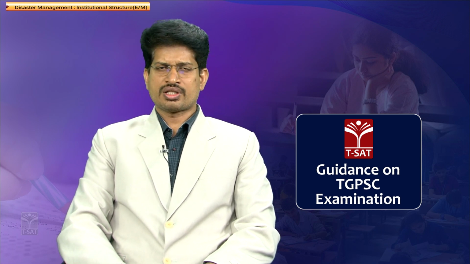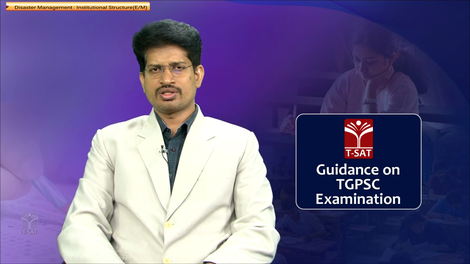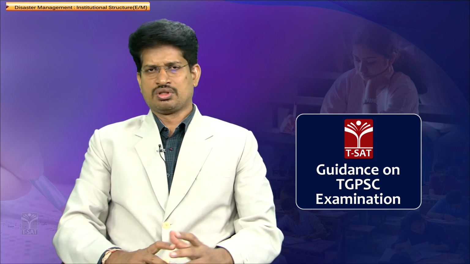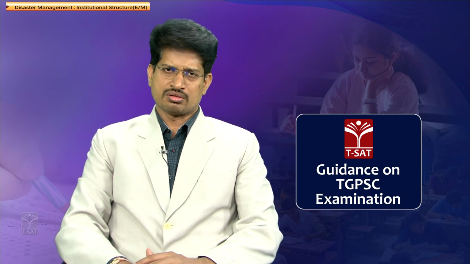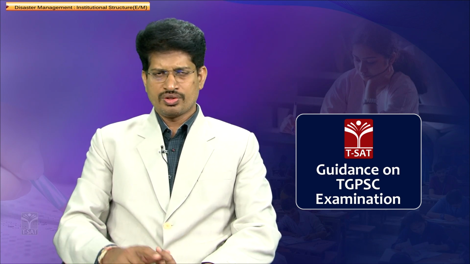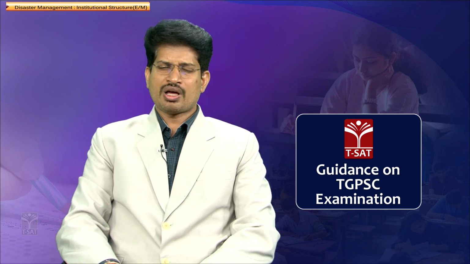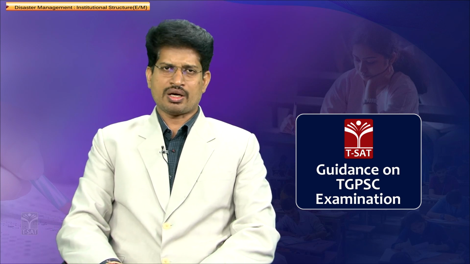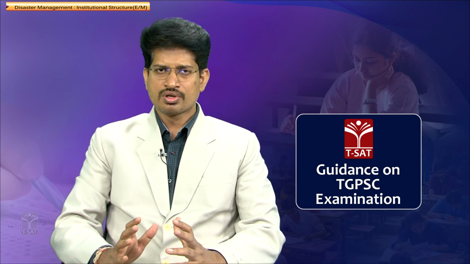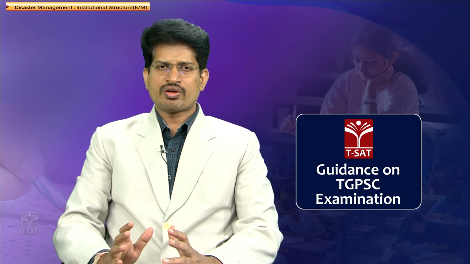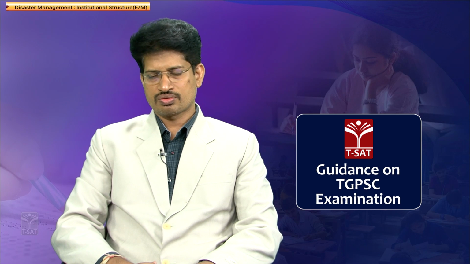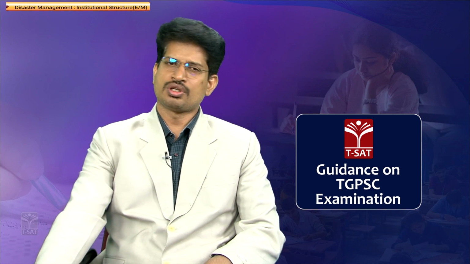In the case of the local authorities, as you know, our local authorities have been divided into tier systems, into 3 or 4 tiers. For example, we have the ZP chairmen, the mandal chairmen, or the local panchayats. At different levels, people have been assigned certain tasks according to what they have to do, so that there will be coordination for efficient utilization of the minimum available resources to solve a problem, otherwise known as maximization of resources, which is the main aim of this institutional structure.